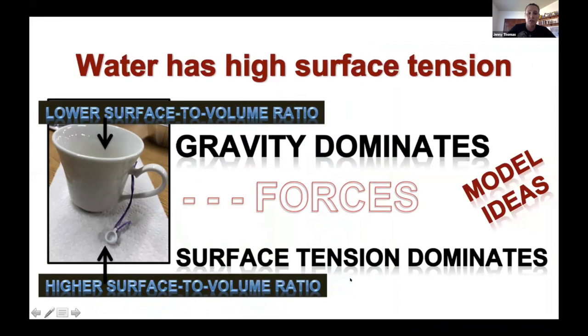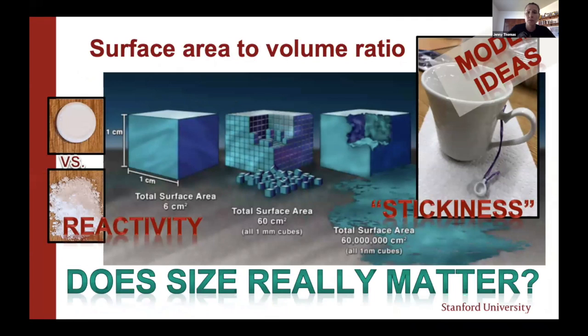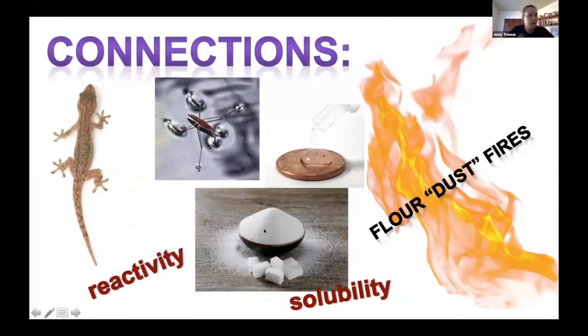It's surface tension that dominates. And again, that's part of the model idea of building conceptual model understanding. So surface area to volume ratio, looking at the cups, we also did the Alka-Seltzer for the reactivity. And thinking about connections, the gecko being able to climb a wall, the little water bugs on the surface of